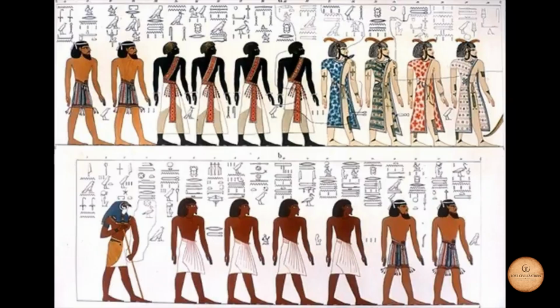The high, mitre-like, almost bowling pin-looking white crown of Upper Egypt appears on Narmer's head on one side. On the other side, the red crown with its distinct high pointed rear section and forward curving curl,